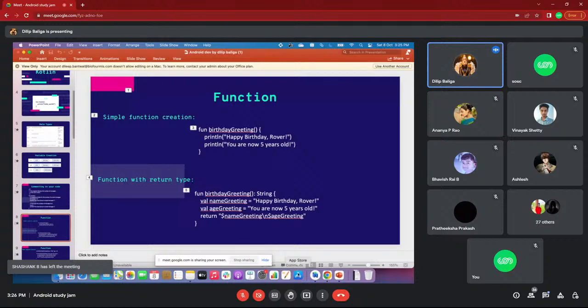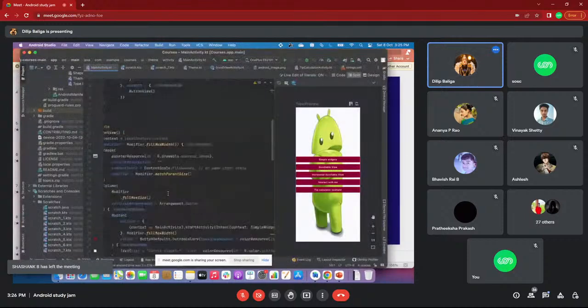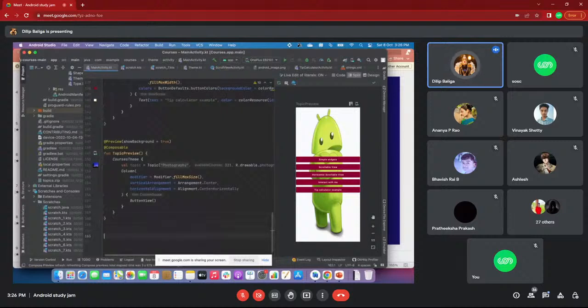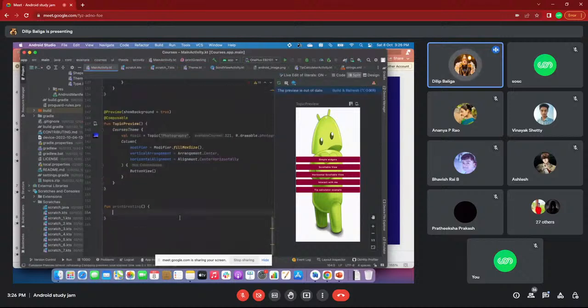We'll go to an example here also, if you want. For example, I'll create one function. Function is simple, fun is just a keyword. I am using Android Studio, and what I'll do is print a greeting message. See, the simple function keyword, the name, and just add the braces.